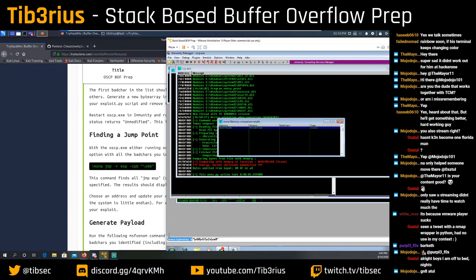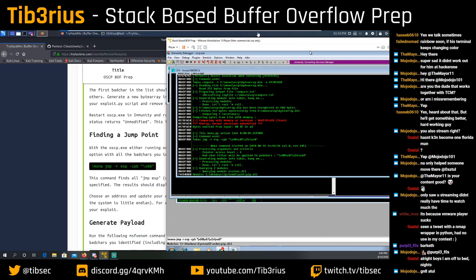I do have the string there, so that's going to be useful. I'm going to say mona jmp for jump. We want to jump into the register ESP. In later versions of Mona, previous versions used to be -b for the bad chars, but now it's -cpb, and then you put the string of bad chars. So if we click into there,